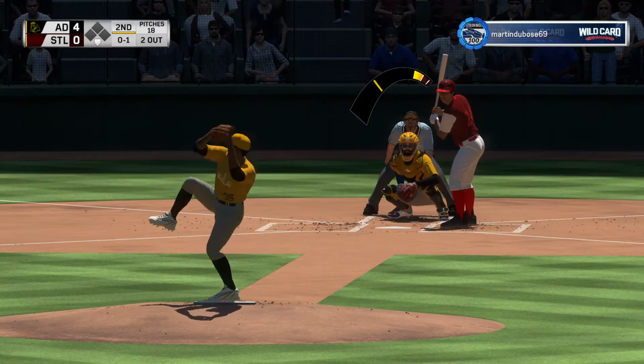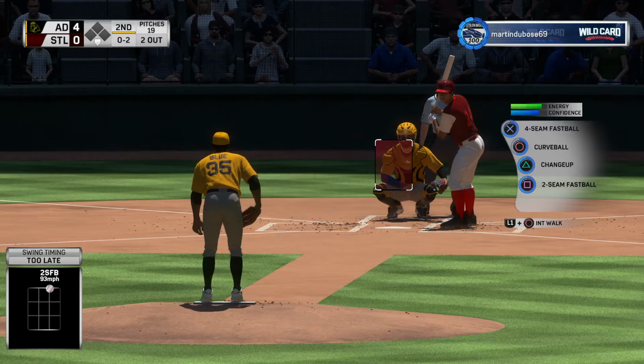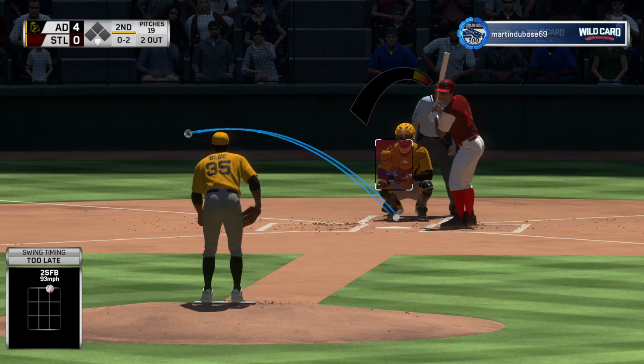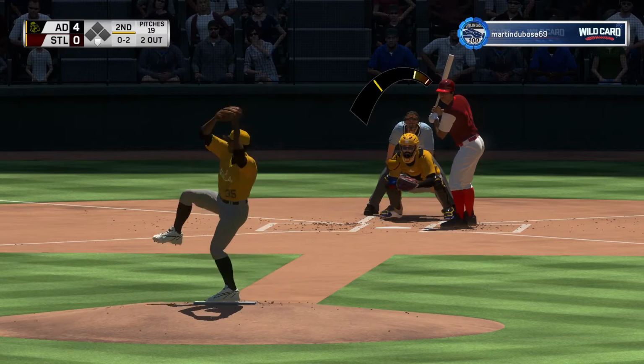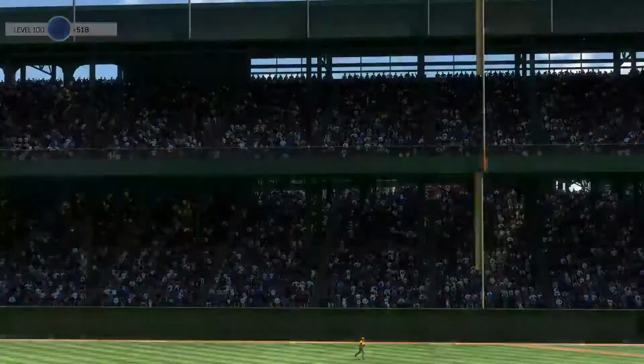The windup and the 0-1. Swing and a miss just behind a lively fastball. He's really throwing the ball well in this game, and the thing to me that stands out is that 2-seamer. He's got great...